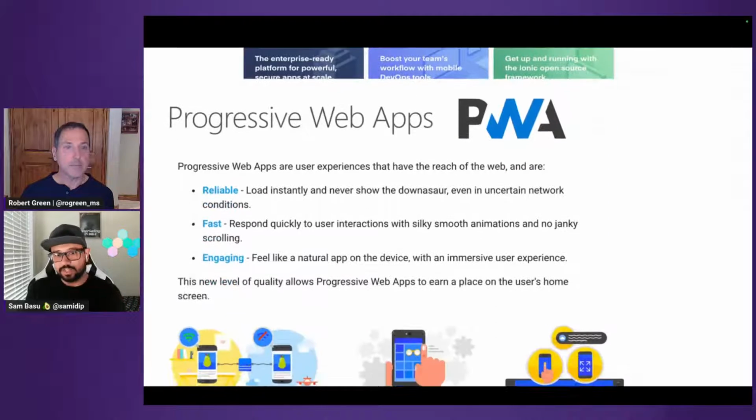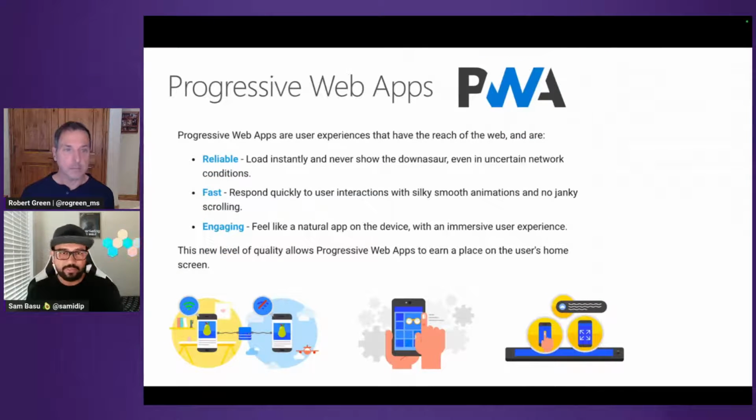And then PWAs are a big hit, obviously, because you're not taking a dependency on anything else. It's a straight up web app. You're just running it inside the shell of a browser without the Chrome. And you get to bundle it and put it in the store if you wanted to, or it can just be a web app. In that case, you are using the web as a distribution medium. It's reliable. It's got offline caching if done right. It's engaging, it's immersive, it can have notifications. So it's a legit solution.